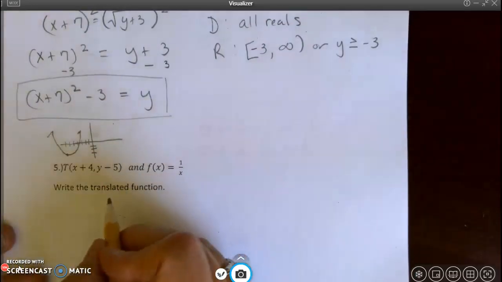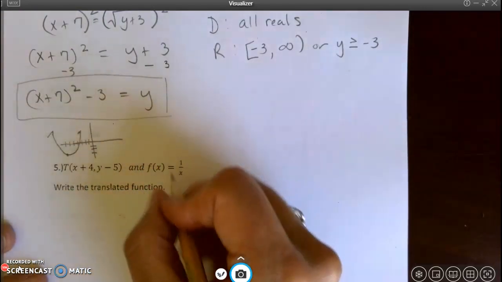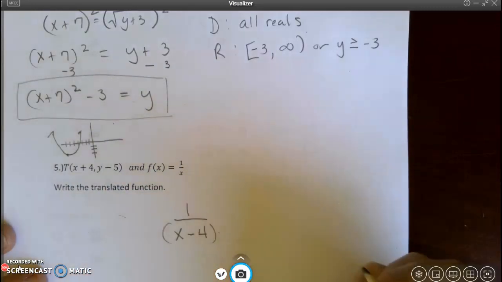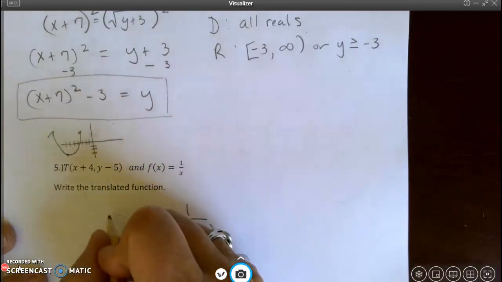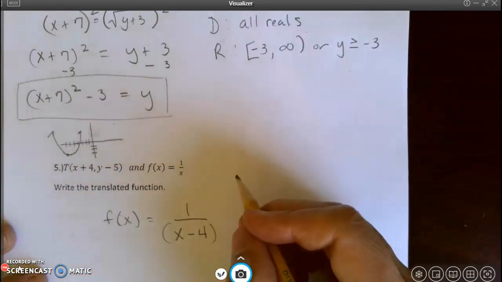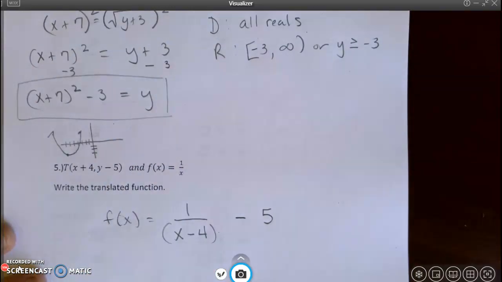All right, so we are asked to write the translated function. So x plus 4 is actually in the equation going to be x minus 4 because x lies in the equation. And minus 5, y tells the truth, so that's simply going to be minus 5. So again, notice the translation rule says add 4, so the equation says minus. This says minus 5, therefore this says minus